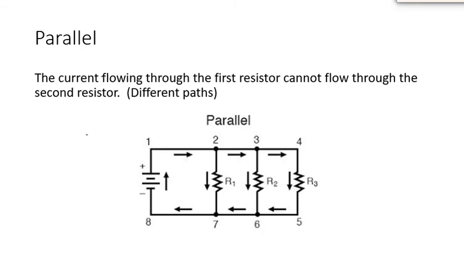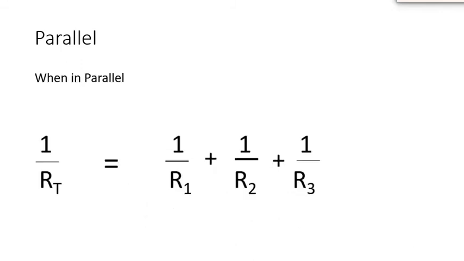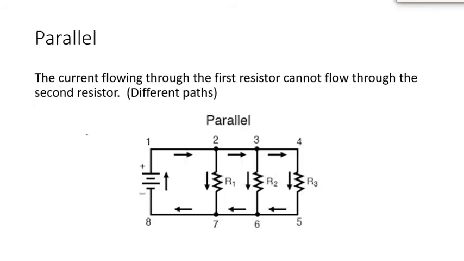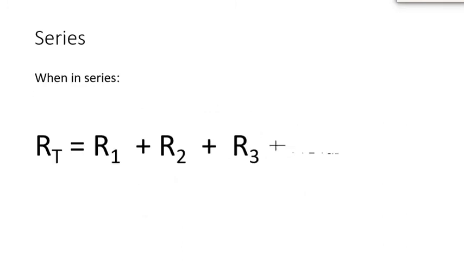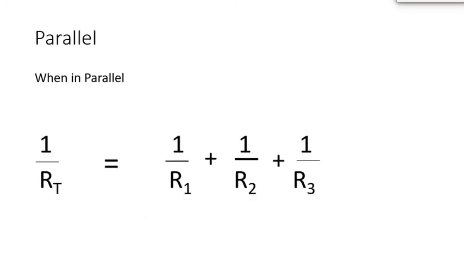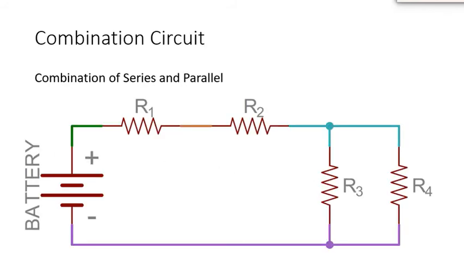So when we identify a situation as parallel, this is the equation we have: 1 over the total resistance equals 1 over resistor 1 plus 1 over resistor 2 plus 1 over resistor 3. We're going to use these equations and examples in the next lecture, but these are the 2 equations. Right now we need to identify a situation as series or as parallel, and then use the appropriate equations, which is what this one is about. The third thing that could happen is that we can have a combination circuit, which means